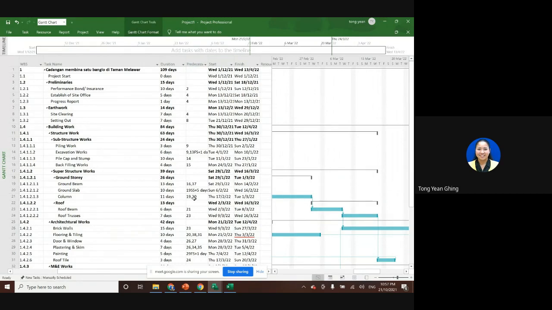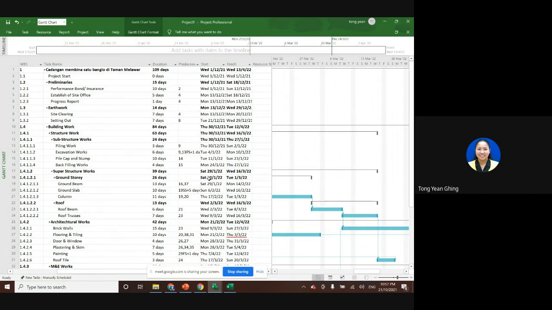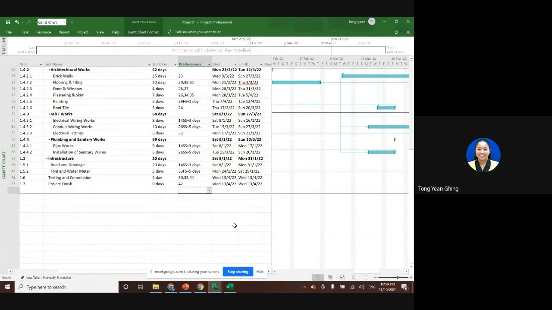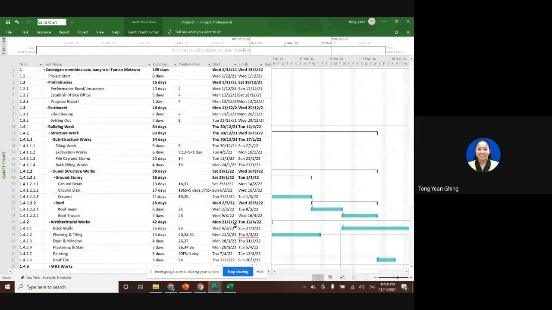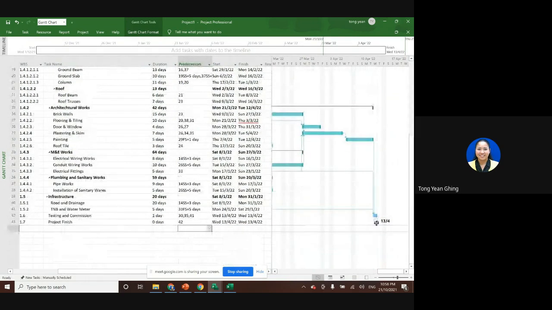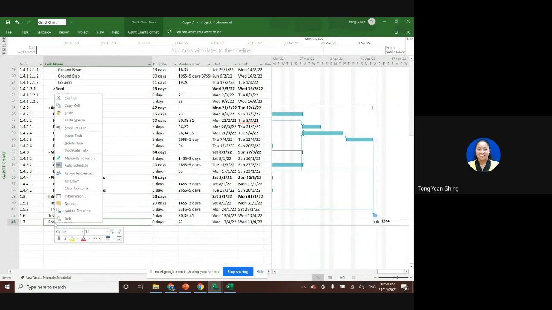So maybe if we don't have enough resources, we can make it much longer. So maybe here we can add more. Okay, so this is just me trying. If, let's say, it's too long, then we have to make it shorter so that when we look at this, we finish earlier. So let's say here we right click, we go to the